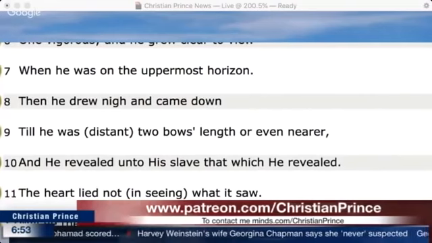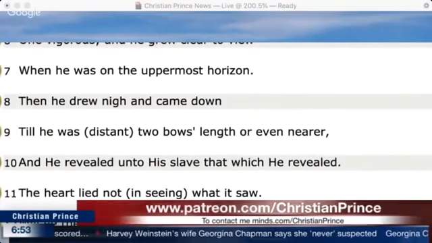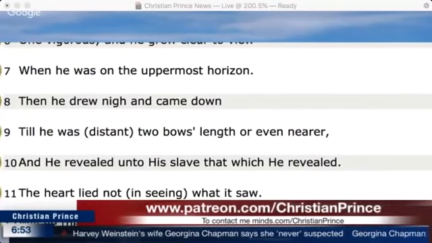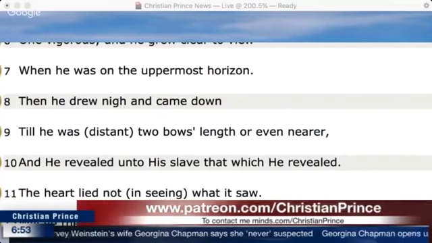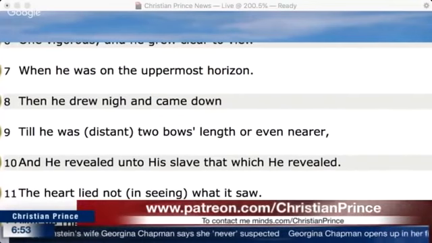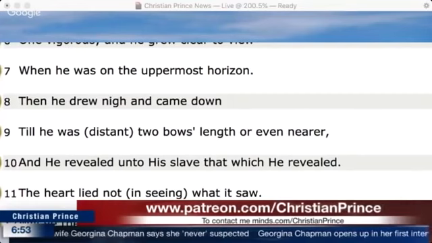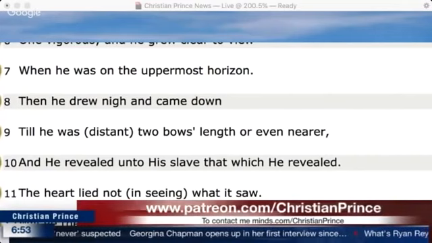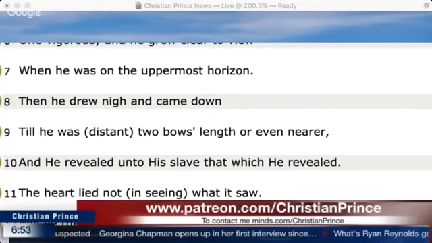Okay, can you show me where it says that only Jibril spoke to Muhammad? No, it does not say that. Okay, so how can you, you are the one who said I'm not going to go by the scholars because they give false interpretation, but you are going. Because the Quran says that it was Jibreel who brought this on his heart. Well, you know, Jibril is just one of the angels of God. Yeah, angel. Okay, so